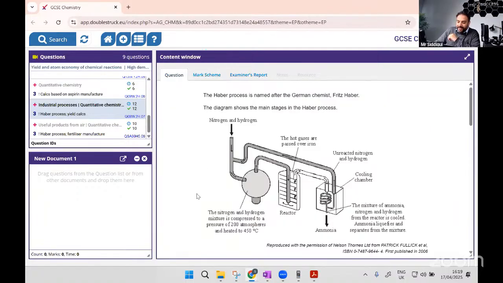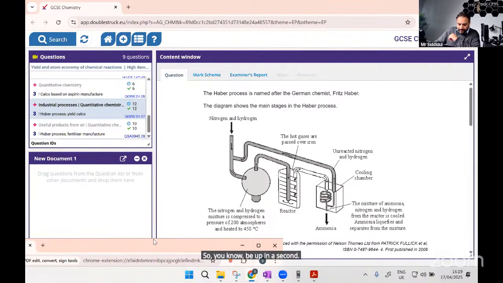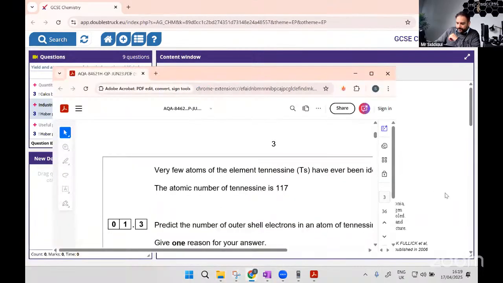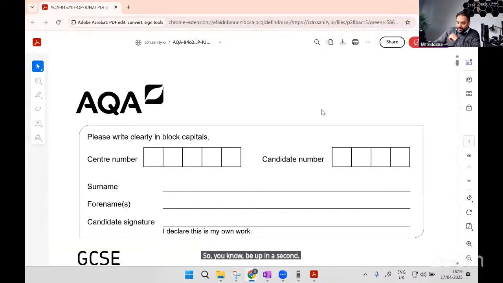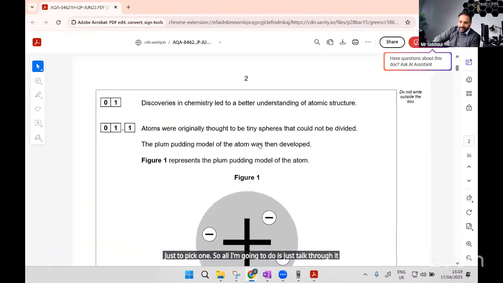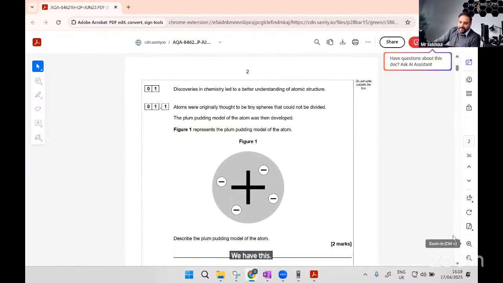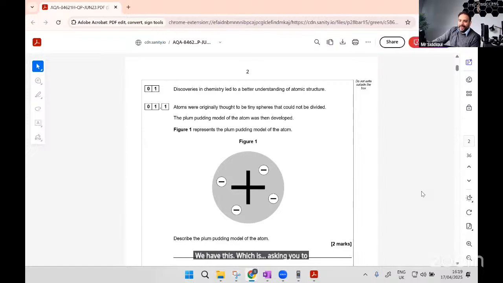Right, you may have seen this paper before, but you may not. So it'll be up in a second. Just a paper one. So all I'm going to do is just talk through it. Maybe I'll pick a question if I really feel like it. We have this, which is asking you to describe the plum pudding model, which is what we thought the atom looked like in around 1909 before the